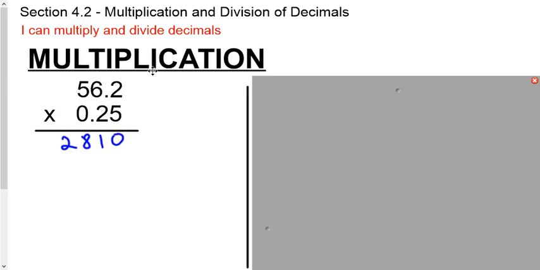Now, after you've gone through and multiplied everything by the first number, we're going to put a placeholder 0 in there for the second one. Basically it shifts it over once. And now we're going to take 562 and multiply it by the 2. And then lastly, really we don't need to do it, but I'm going to go ahead and show you. When we go to multiply by the third number, I've got to put 2 placeholder zeros in here. Remember that? And then I'm going to literally just go through and multiply 562 by 0, which makes everything